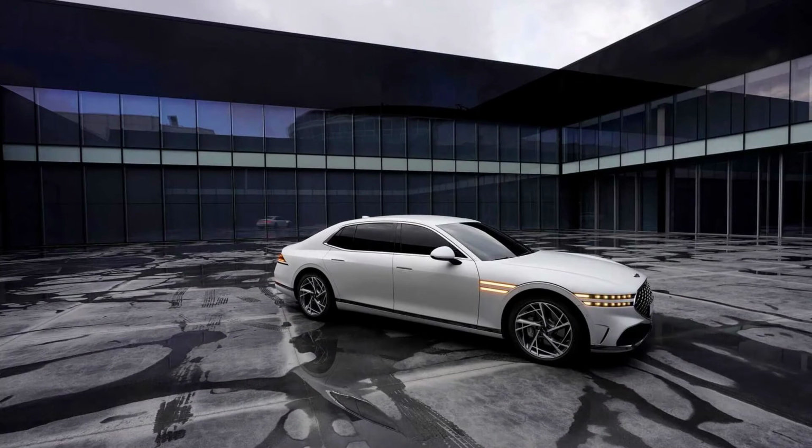I hope so. Now we are going to talk about the 2022 Genesis G90, which debuts as a stunning sedan with an optional long